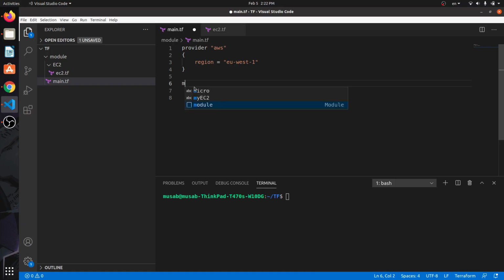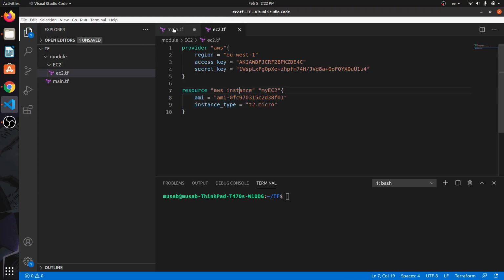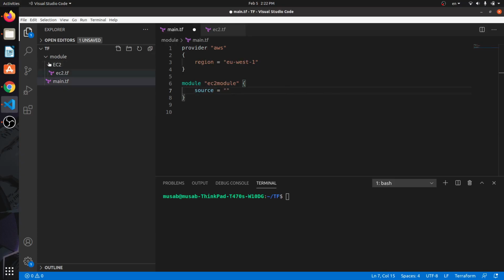So how to do such a thing? By using the module. You put the name of the module, which is module EC2, or name it whatever you want, and the source I will use either local or remote. In my case it is local, which I created inside the EC2 directory, as you can see on the left in the explorer. So I will put dot slash, where dot means the current place, and then the name of the